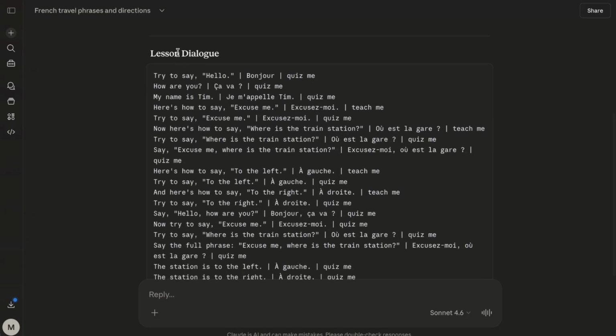And then you'll get this lesson dialogue, which you'll want to have structured text that follows this specific format, or it'll be a series of lines, and each line has the English cue, try to say hello, and then the French response, bonjour, and then whether this is, or what template this uses, and we'll go over that. But in this case, I use a quiz and a teach like Pimsleur. And so we'll copy this output for later,